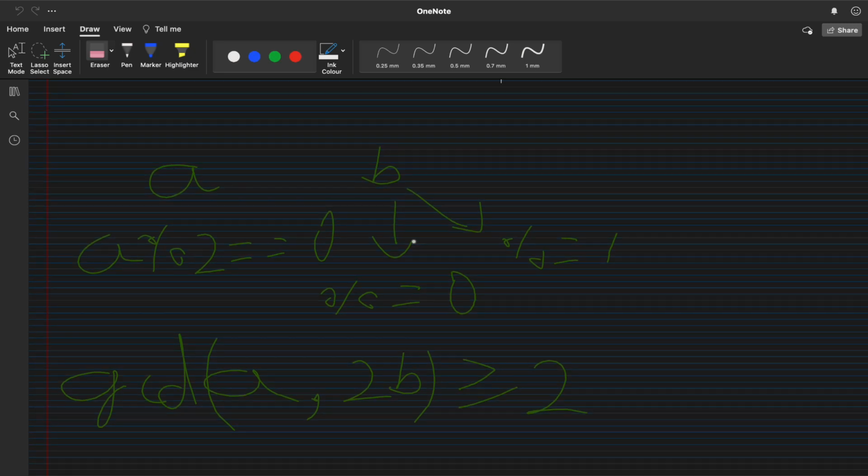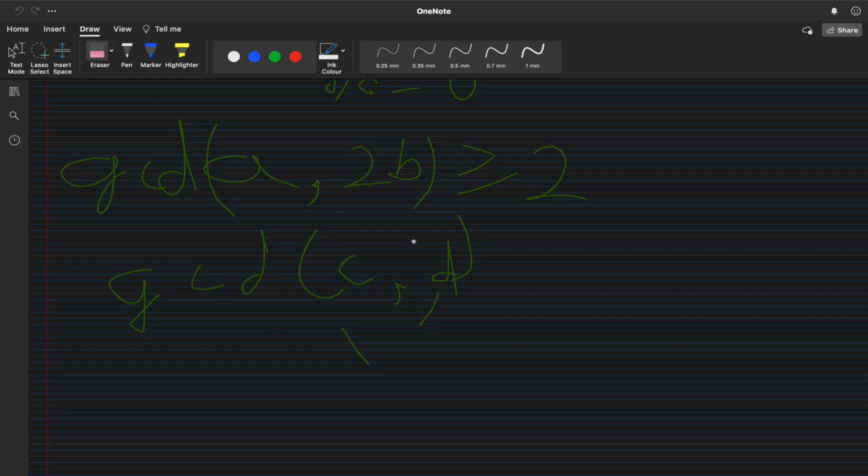But we can also see that for any two odd integers, let's say c and d, where c and d both are odd, GCD of c and 2d will be equal to GCD of c and d. Because if they're already odd, 2 will not be a factor of c.